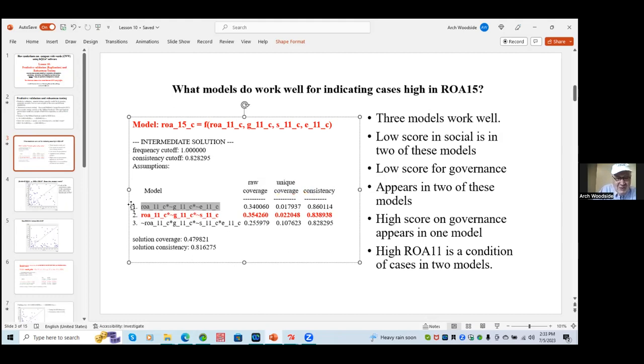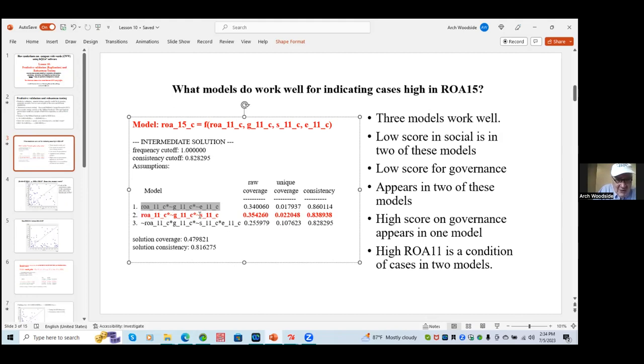You take the lowest value among these 1, 2, 3 conditions that are in the model. There's only 1, 2, and 3 conditions in the model, and everything is scored on a 0 to 1.0 operation,